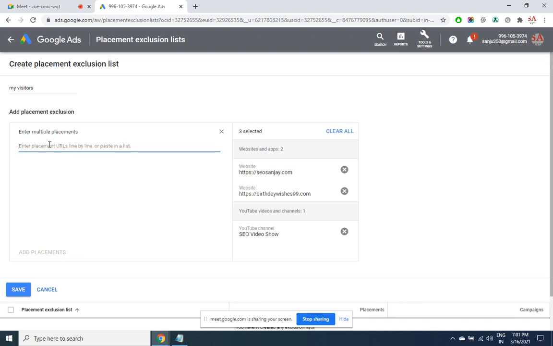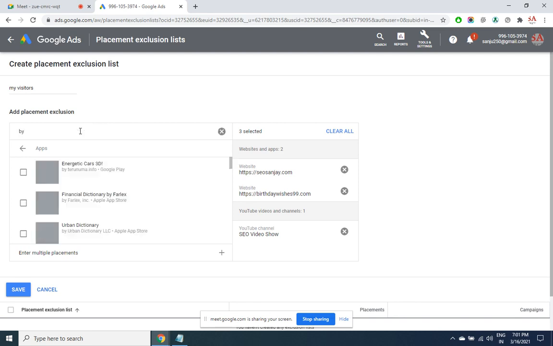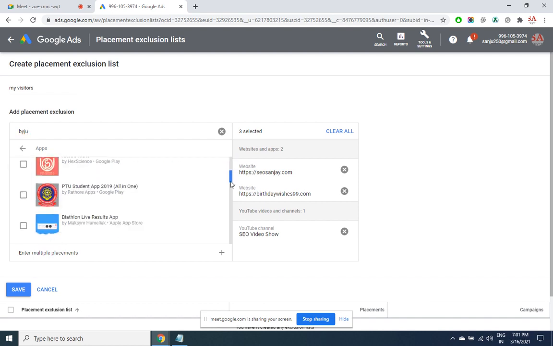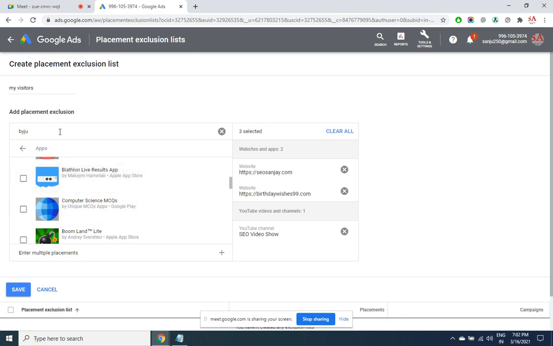Why is it not showing? You need to give the entire URL of that app. Okay, some URL will be there in the Play Store. That entire URL you can give. Let us quickly do it.